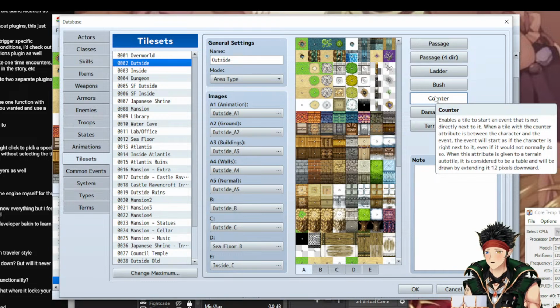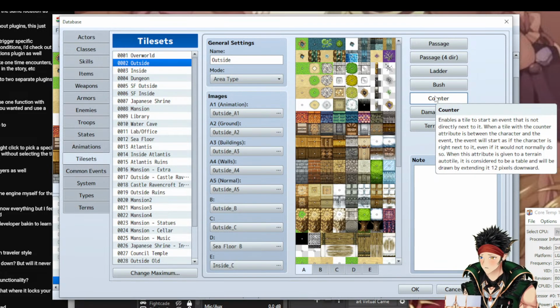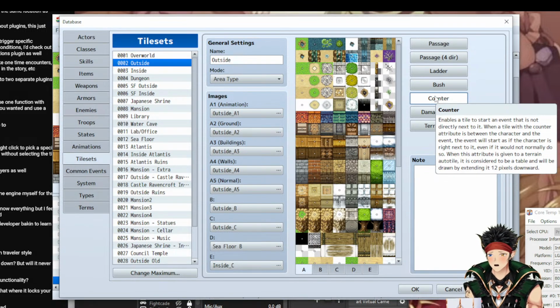A tile is start an event that is not directly next to it. When a tile with a counter attribute is between the character and the event, the event will start as if the character is right next to it. I don't know what this actually means. What does this give, a terrain auto tile? Okay, so